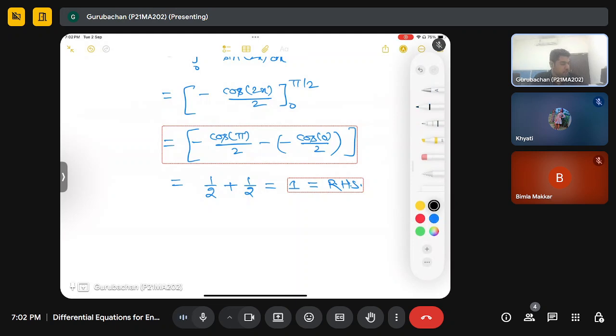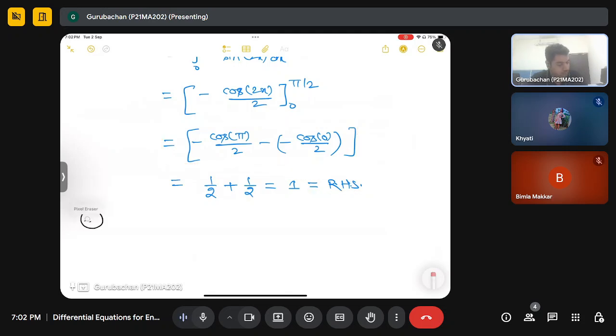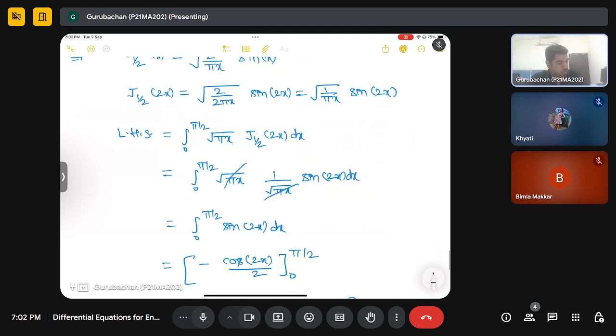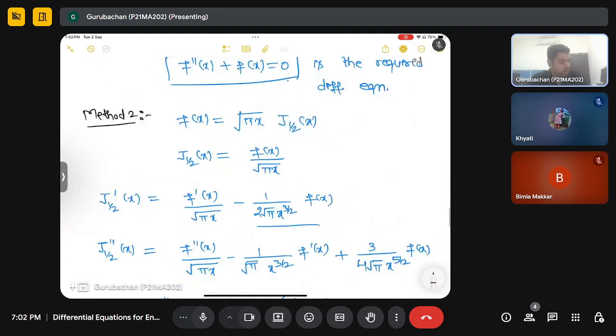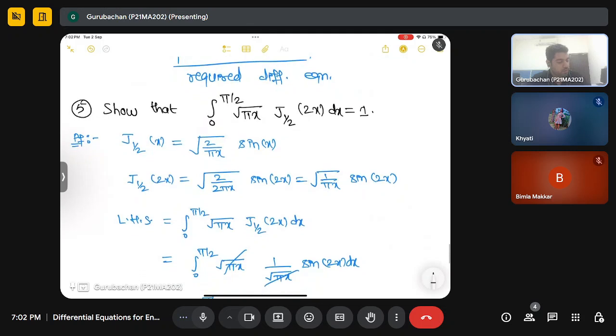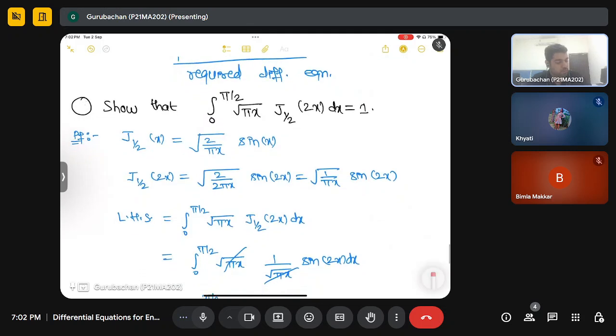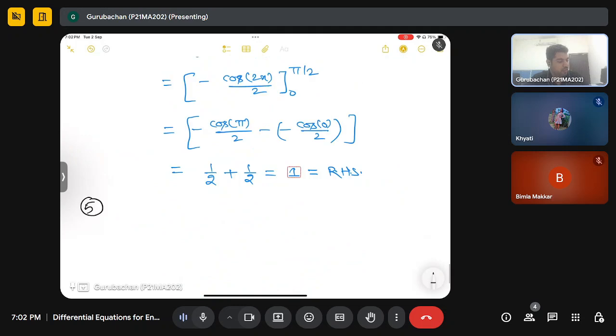So the next question is related to the use of recurrence relations to show the proof of the following. Next is question number 5, I think. So earlier one was 3, and this should be 4. Question number 5,